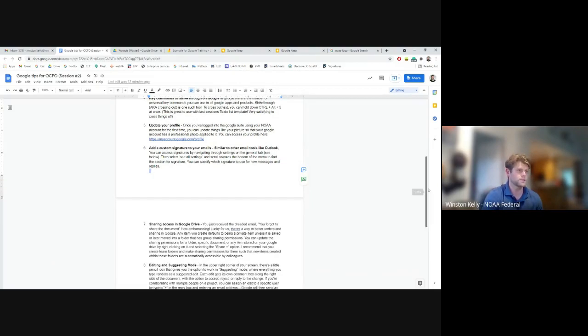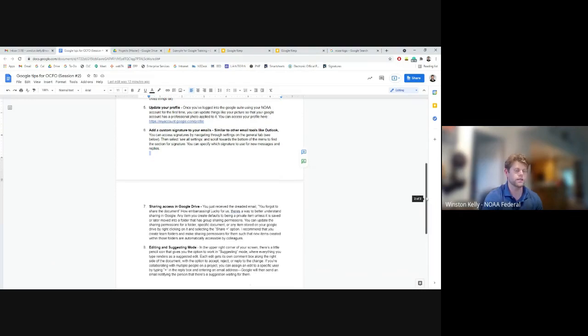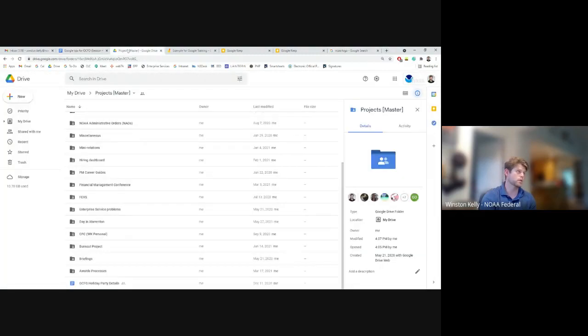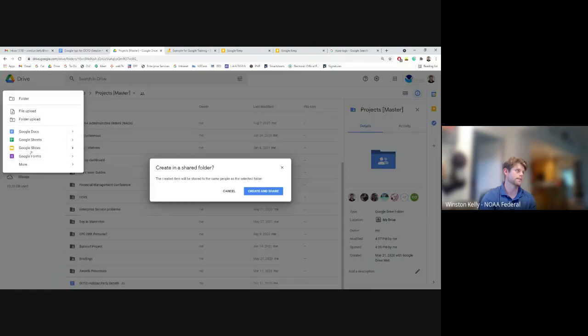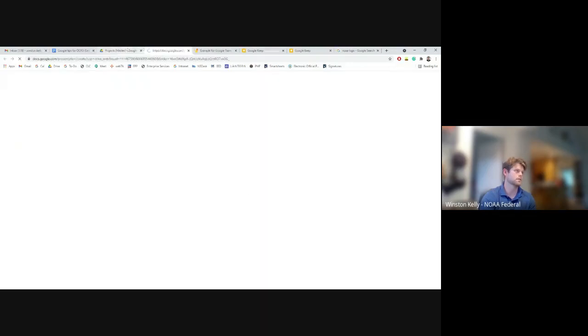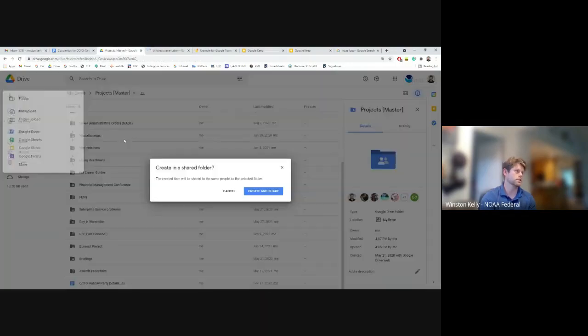Last but not least, the last thing we're going to cover in this training session is editing and suggesting mode. So this might be something many of you are already familiar with, but for those who aren't, we're going to go over it now. So within our Google Docs, or even some other Google items, let's say like slides or sheets,